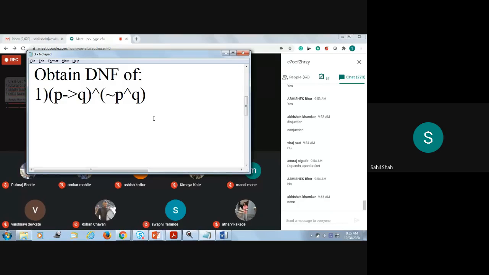So problem number one: obtain the disjunctive normal form of P conditional Q whole conjunction with negation P conjunction Q. First of all, even though it is not asked in the examination, we will write the definition of DNF. That is a must. Next, after writing the definition of DNF, the solution. This is equivalent to... So what should I do? P conditional Q is equivalent to